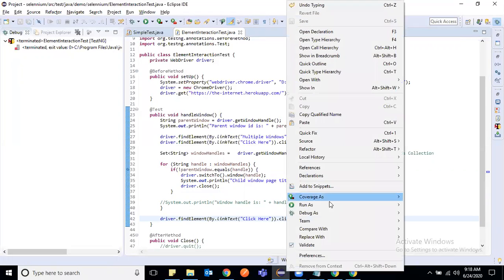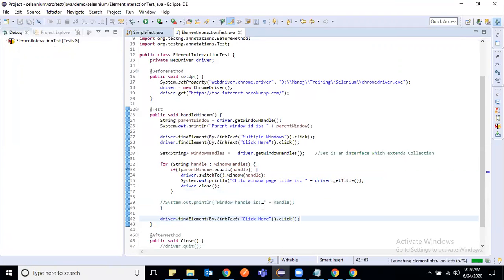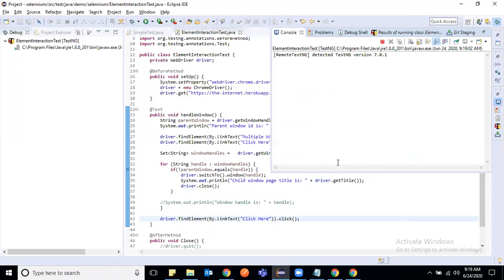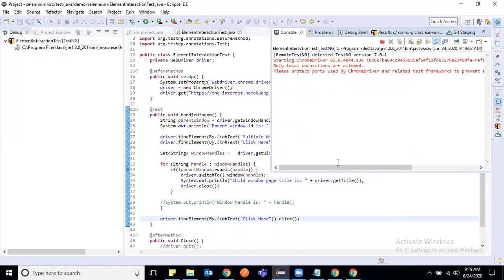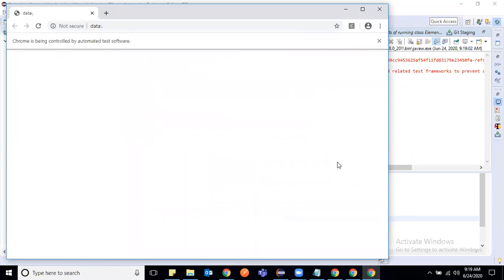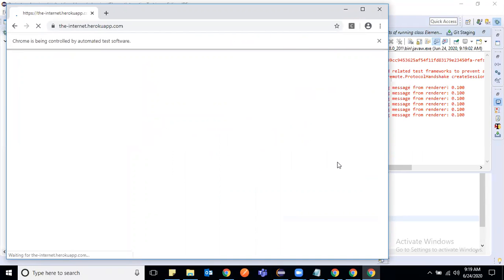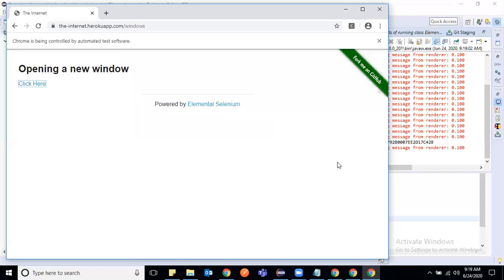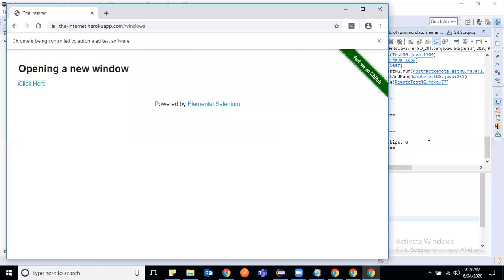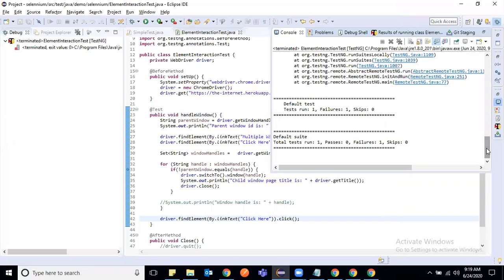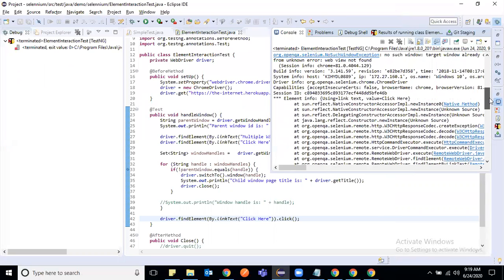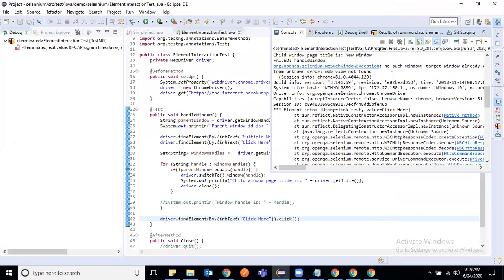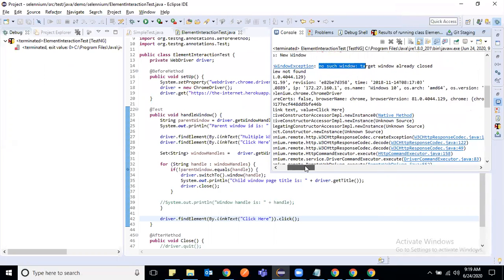Let me quickly run this. Now you see the error, right? And what this error says: no such window. The target window is already closed.